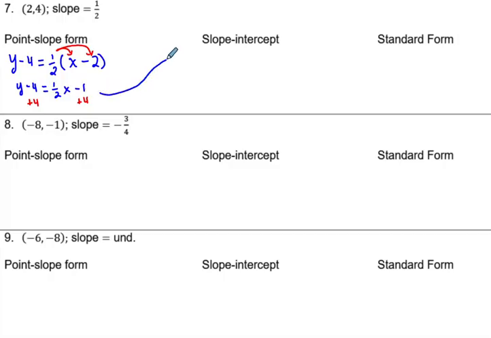So all of this will end up being, this is gone, so that's going to be y on this side equals 1/2 x, and then -1 plus 4, that's positive 3. That's my slope-intercept form. All right, now to change my slope-intercept form, we're going to write it in standard form,